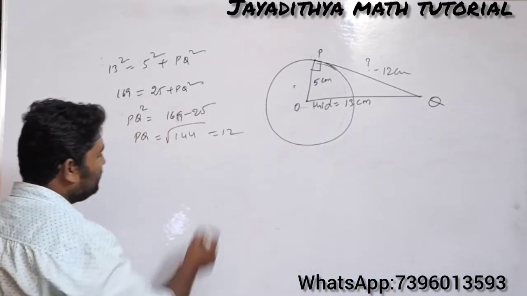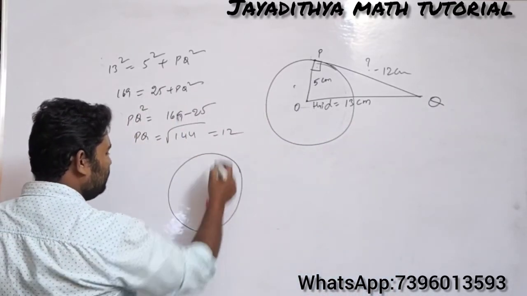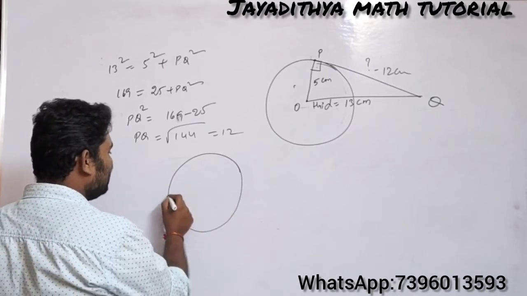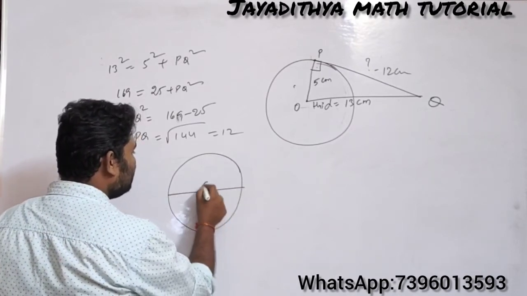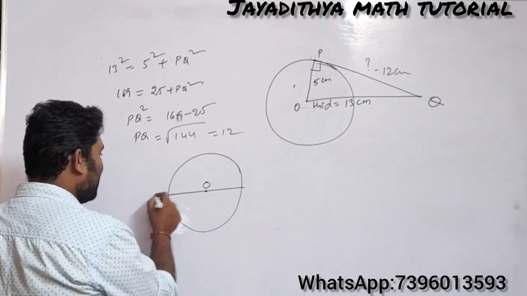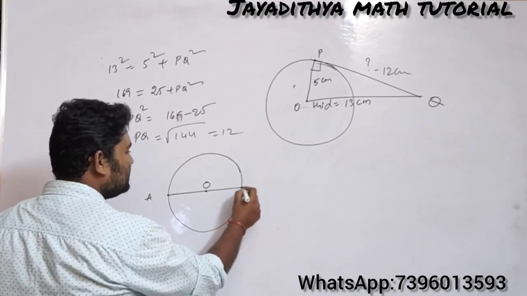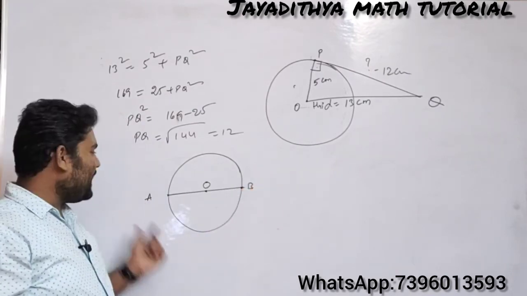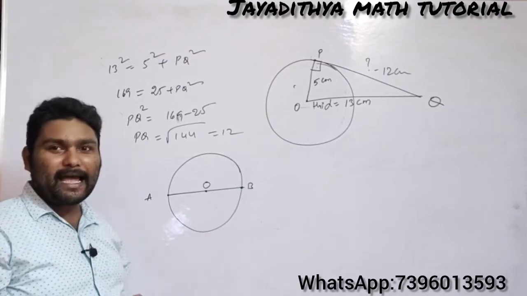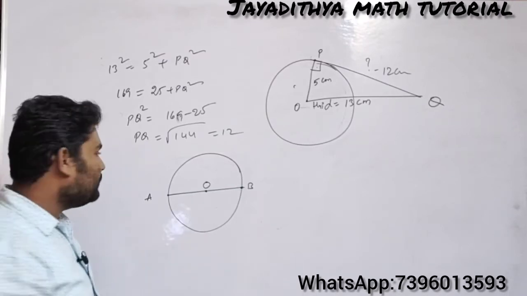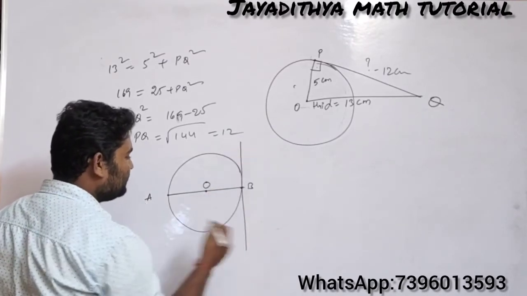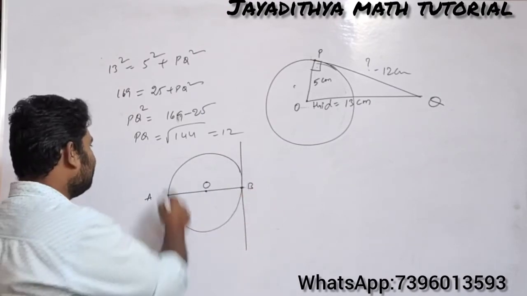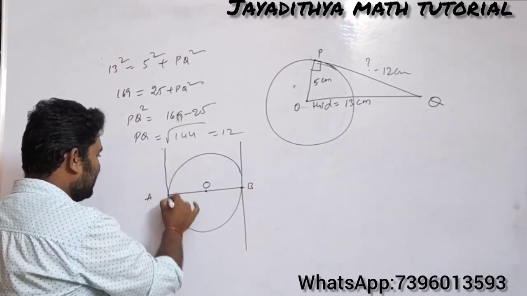So he is asking one more thing. So you understand the concept. That is very, very simple. The tangents drawn to a circle at the end points of a diameter. So let us take this center as O and this point as A, and this is B. So if you observe, A and B are the end points of the diameter. So he is telling that a tangent is drawn at B and a tangent is drawn at A.